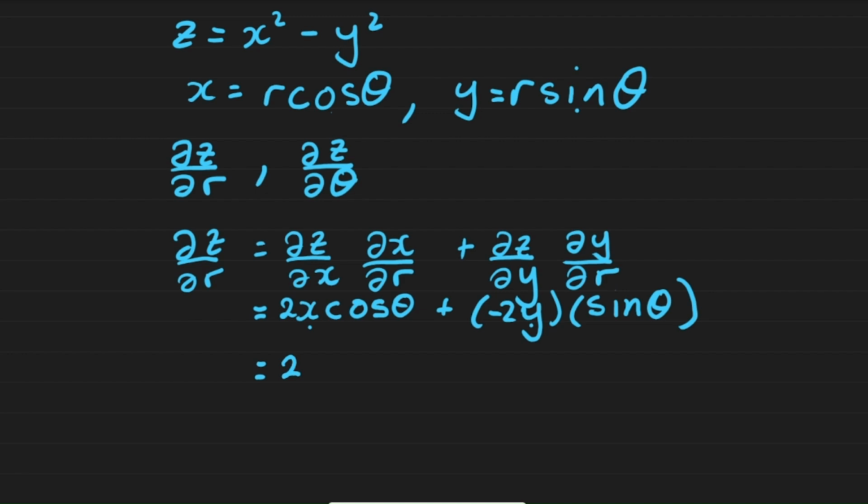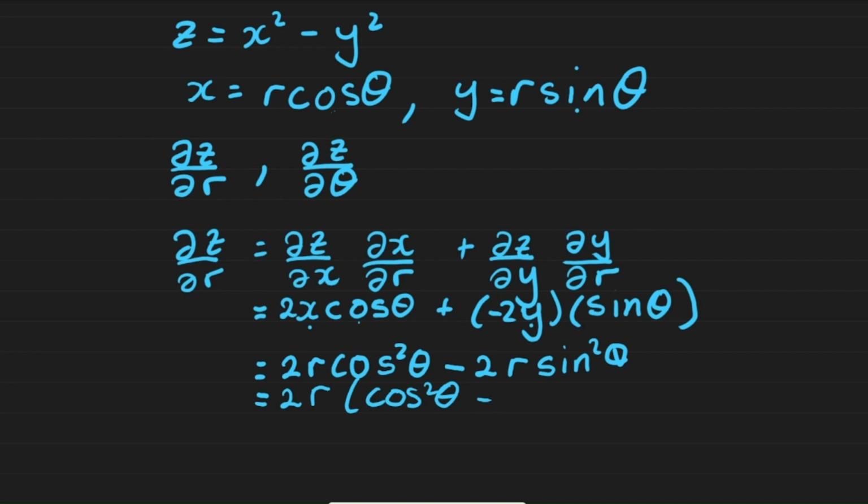So that would give us 2 times r cos theta, and we already have a cos theta. So we're going to have cos theta multiplied by cos theta, and that's going to give us cos squared theta. So this becomes 2r cos squared theta. We bring the minus in front, and y is r sine theta. So in the same way, we're going to get r sine squared theta by substituting it in. It becomes minus 2r sine squared theta. So bringing this 2r in front as the common factor, we get 2r into cos squared theta minus